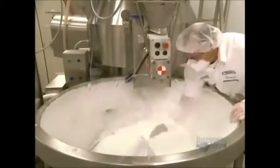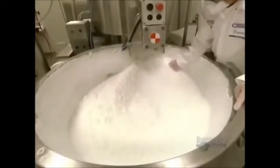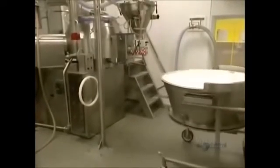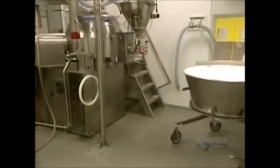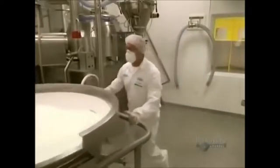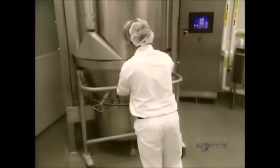Medications are essential in the treatment of illnesses. It begins by a grinding process where the active ingredient in a tablet or pill is ground and mixed with a binding agent. The quantity of the ingredient needed to be ground is transported to the dryer in this container. Like all the other equipment, this container